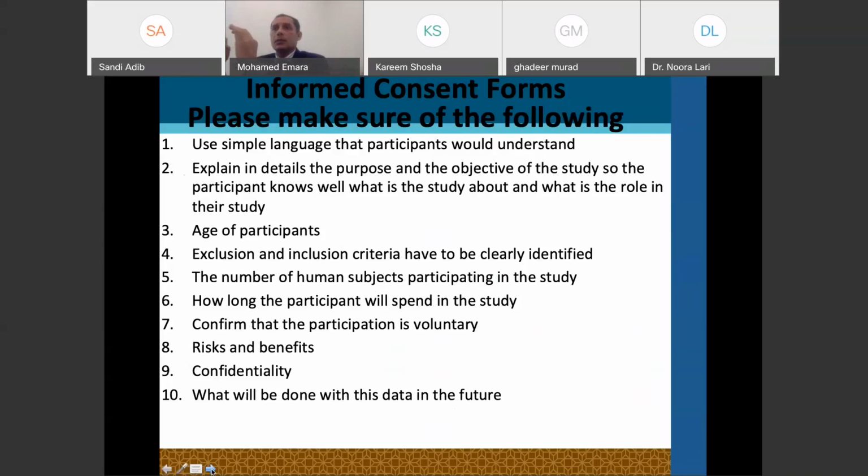We usually always have tick boxes in the informed consent form saying, yes, I agree or I do not agree. For instance, if you're going to do voice recording or video recording, you should have a statement for the participant explaining that we're going to do the voice recording. This is for the purpose of X, Y, Z. Please indicate agree or not agree. Very important. Video recording is the same. And you have to explain to the participant why voice recording is done, why video recording is done, because it's very sensitive.